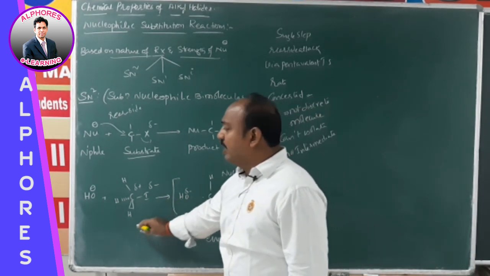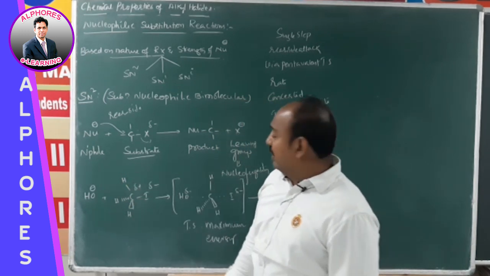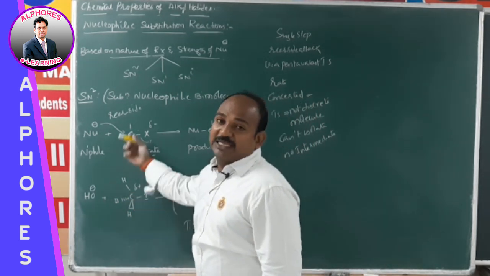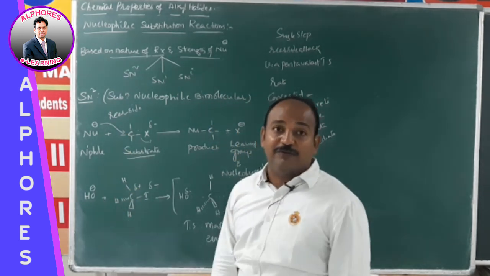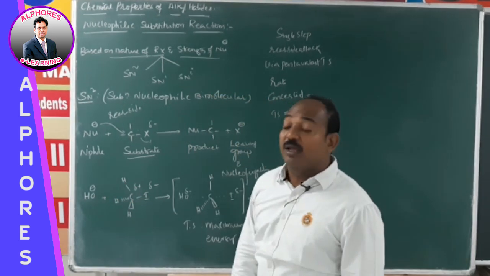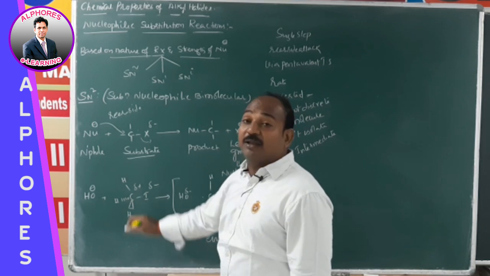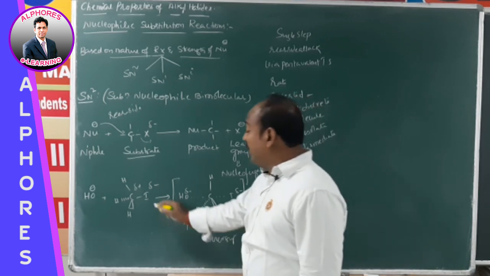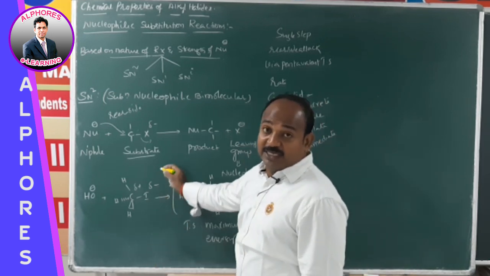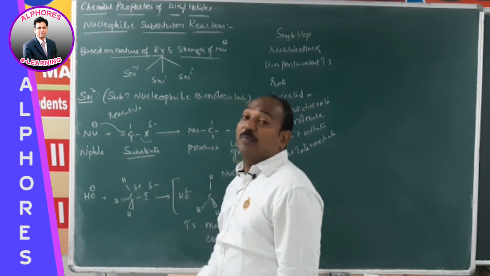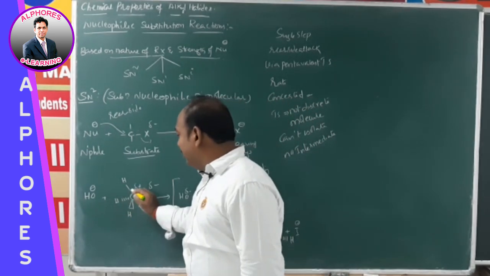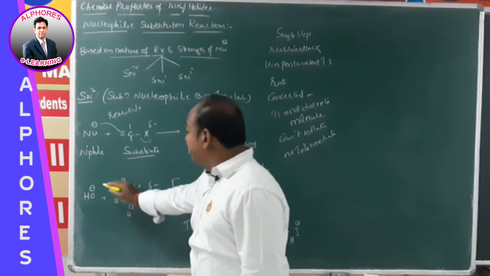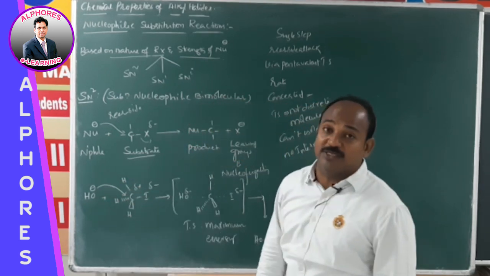Let us consider an example. I am considering methyl iodide, in which H and I lie in the plane of the board, with one H behind the board and another towards ourselves. OH minus approaches the iodine-containing carbon. Since the leaving group takes the bond pair of electrons, it leaves as negatively charged I minus. As a result, positive charge arises on this carbon, and obviously it attracts the negative charge. That's why OH minus approaches from the rear side.